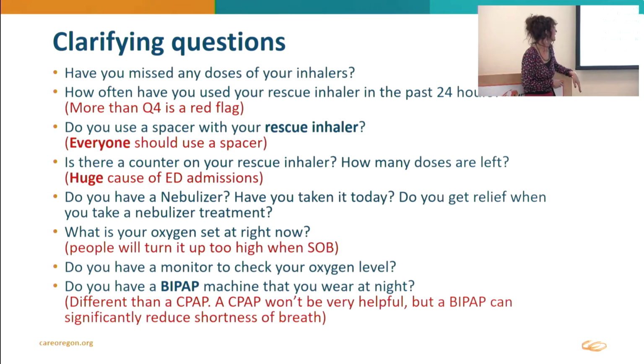Have you missed any doses of your inhalers? And how often have you used your rescue inhaler in the past 24 hours? We talked about that. Do you use a spacer with your rescue inhaler? They're going to say no, because nobody uses spacers, it feels like. Some people will have a spacer, and if they do, you really want to encourage them to use that with their inhaler. Okay? We know that very little,